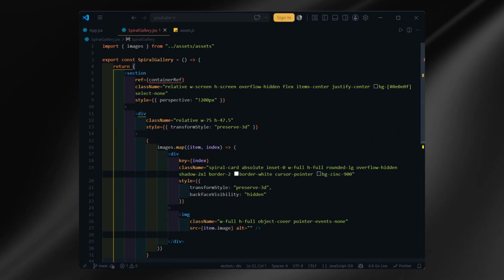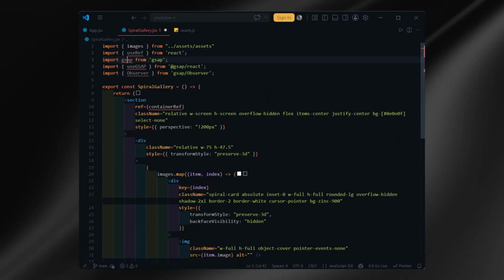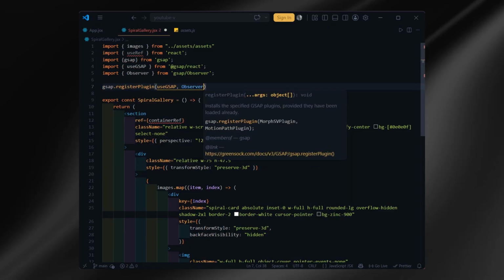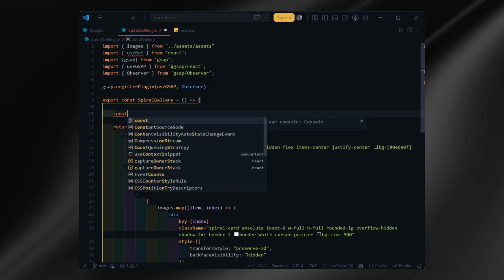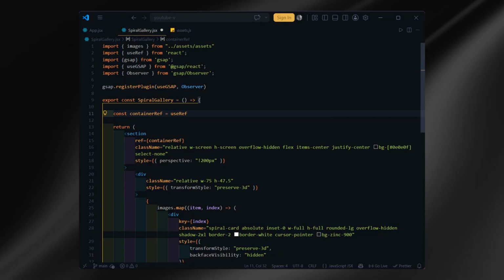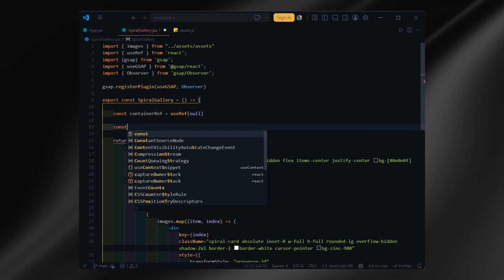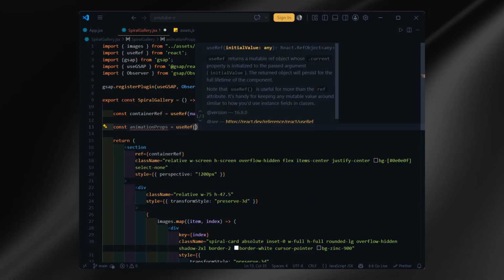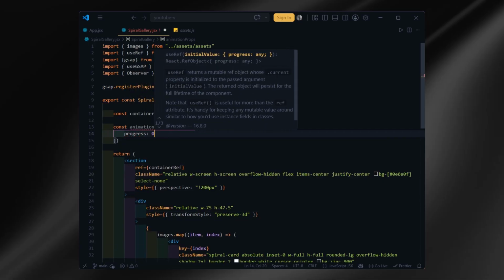Before starting with the GSAP animation, let's import GSAP, useGSAP and the Observer, and then register them. After that, I create a ref for the main container. We'll pass this to useGSAP as the scope, so all of our selector lookups stay limited to this component. Before jumping into the animation, I create a ref to store a progress value. This value will control the overall rotation of the spiral, and as it changes, every card will update its position